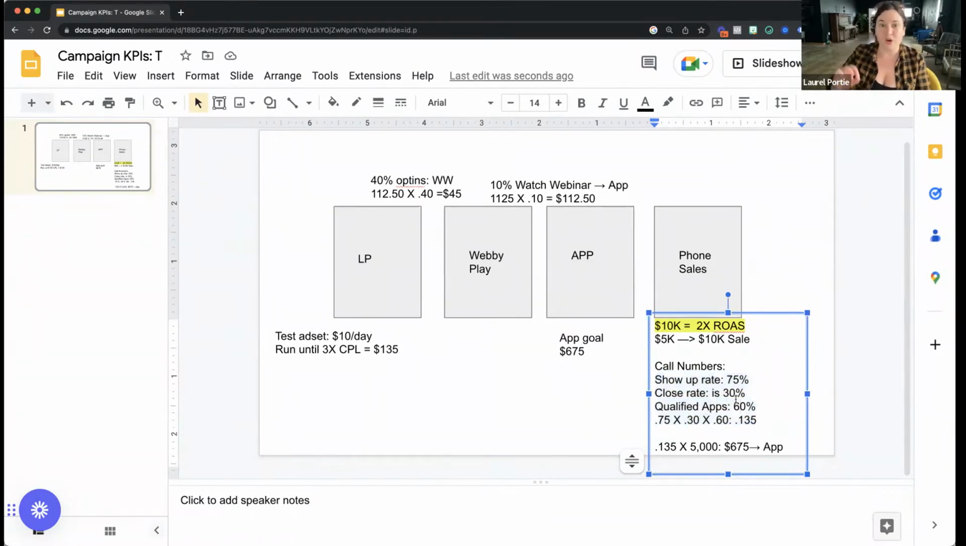Okay. So let's actually back up. Let's say that you don't have any of these numbers. If you want to go by pretty much industry standards, you're going to get probably a 60% show up rate, a close rate of, let's go on the low end, 20% is what I recommend. And then your qualified apps, let's just say worst case scenario, 50% of your apps are trash, right? Then you would do 0.60 times 0.20 times 0.50, multiply it by your acquisition cost, and then you are left with 600 or whatever that number is. In this case, it's $675. Okay. So our app goal is